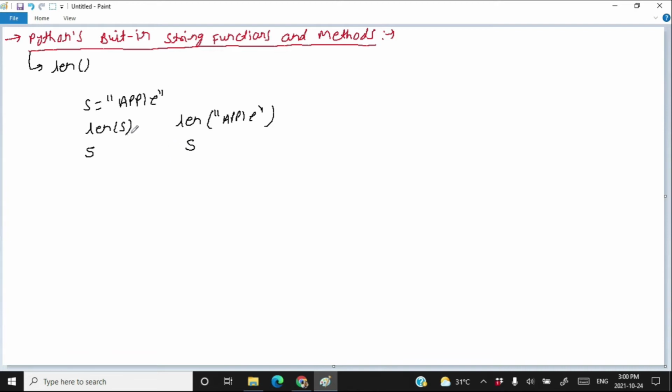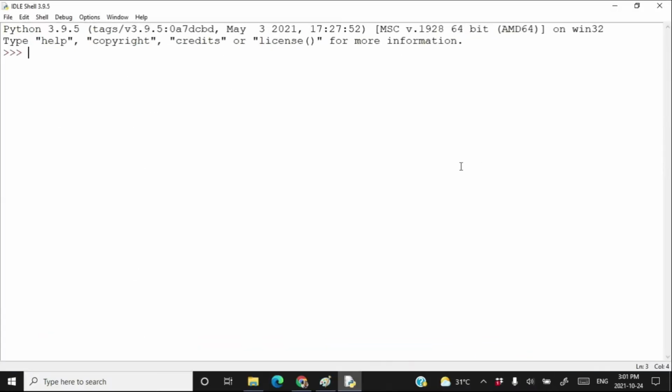When you pass a string to the len method, it returns the length of that string, meaning the number of characters in that string. Let's try this practically. Create a string s is equal to apple and type x is equal to len(s), and if you print x you get 5. You can just write len and apple as a string. So the string apple will be applied as argument to the method len. Press enter and here you got 5.